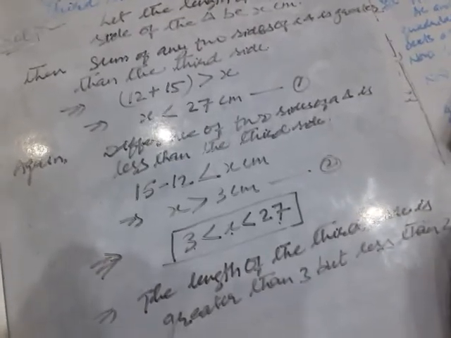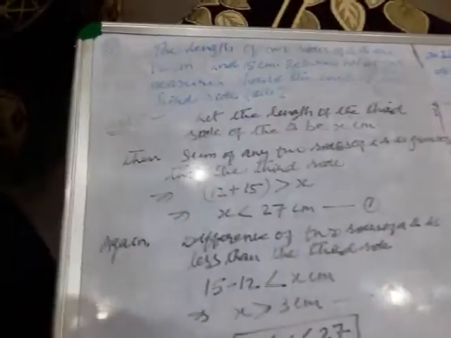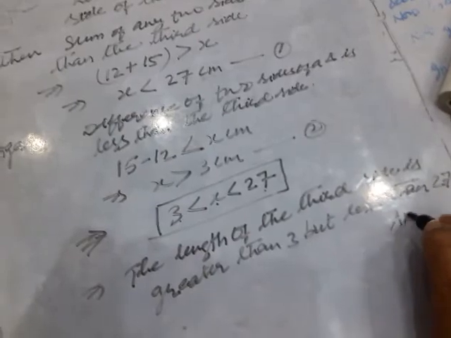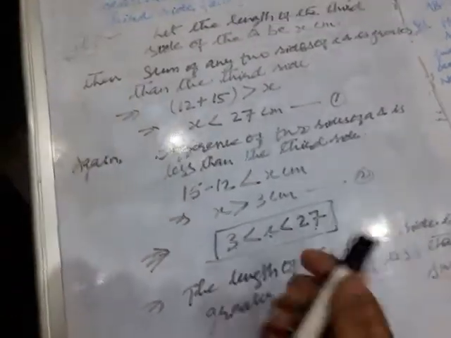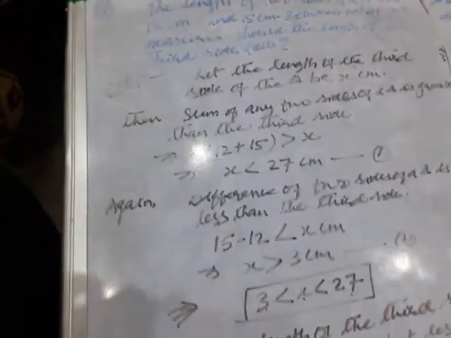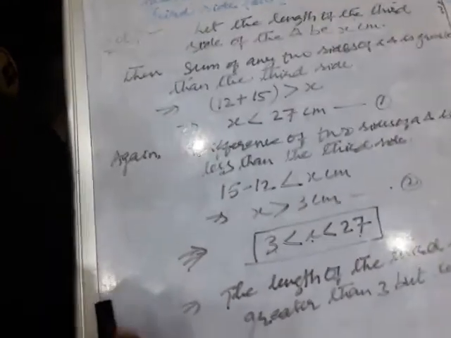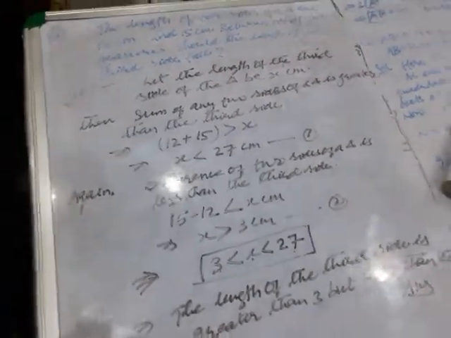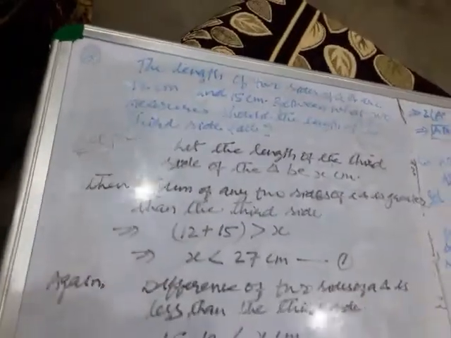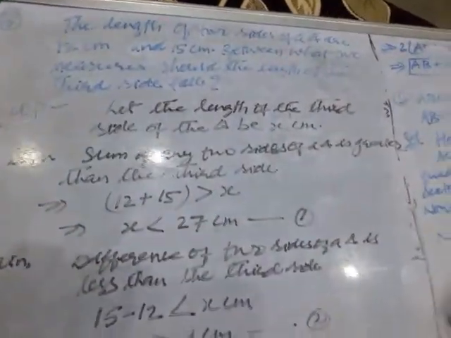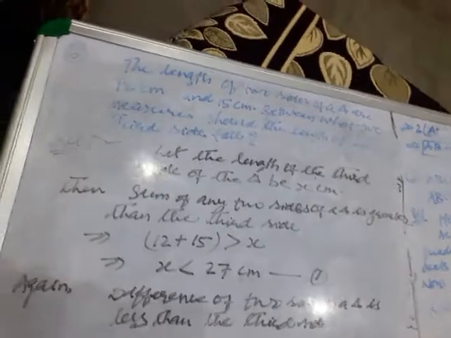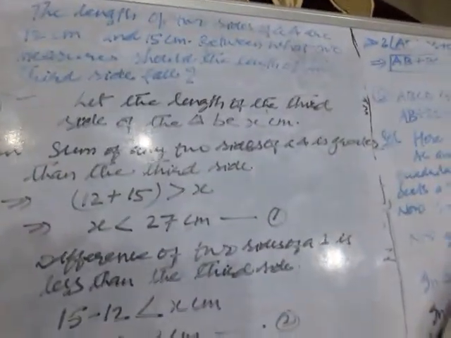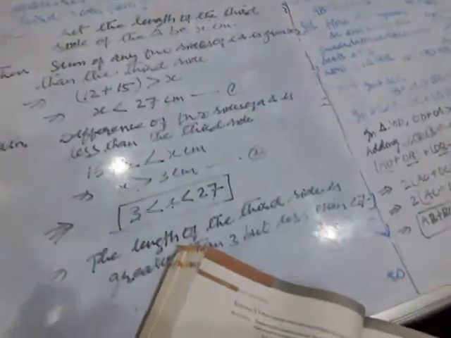Okay, children, so this is the answer of question number 6 of the exercise. And thus Exercise 6 came to an end. It was a very nice exercise because it involves very nice questions. Clear? And we have seen the conclusion of exercise 6.4, children. So all these three questions that I told you today are very much important.